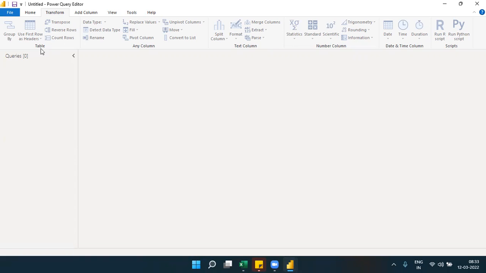We'll try to understand the table level transformations we can perform, as well as the any column options. So we'll try to cover as much as possible, what the different options are, and how we can utilize them. Okay,